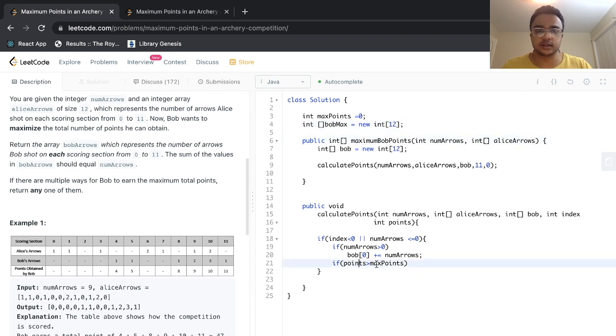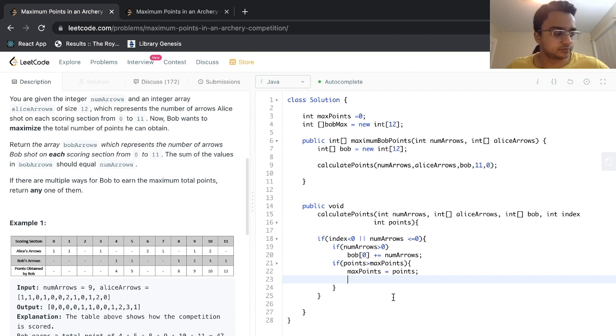So this is what it is. And then if the points is greater than that, then max points, we're going to set it as points. And then also we need to populate this variable, where we're going to do a populate of bob max